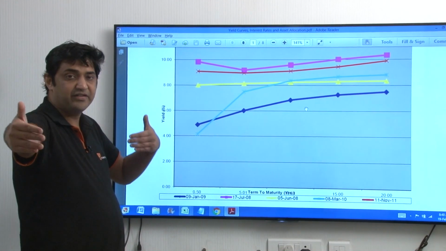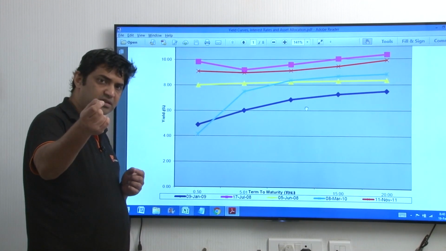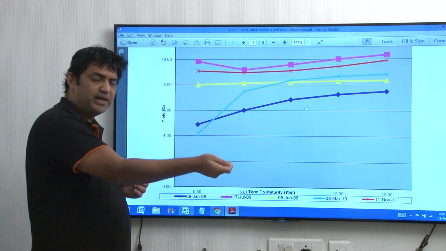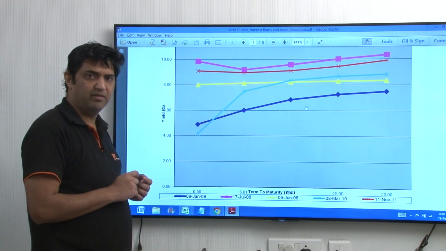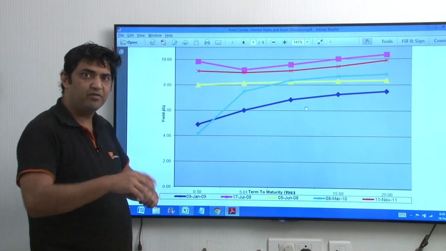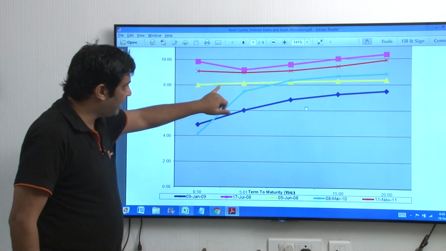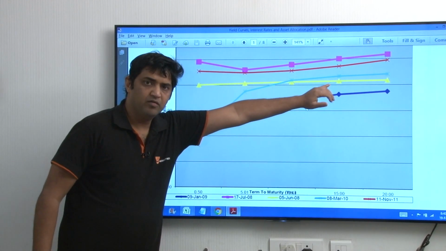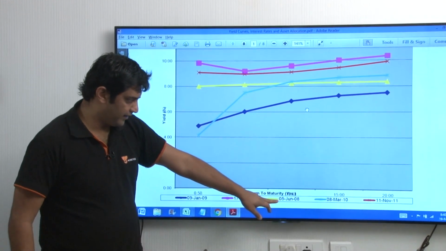Or it can be as long as 30 years, that's the dated securities. When you as an investor give money to the government, the interest which you expect from the government will be the yield which the government will have to bear. That is the interest cost of the government. So if we look at this yellow line, and this was in June 2008.